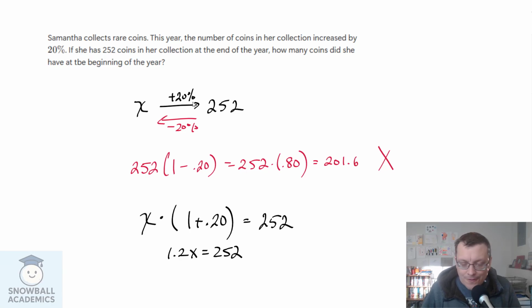And in these harder percent change problems, it's going to be all about building an equation. Really, any hard percent problem can often be solved by building an equation, because then once you have the equation, it's just solving a simple, one-step or multi-step equation, and that should be pretty doable. But building that equation is the key, and you want to translate what's in the problem into that equation that you can solve. So we'll go ahead and divide both sides here by 1.2,